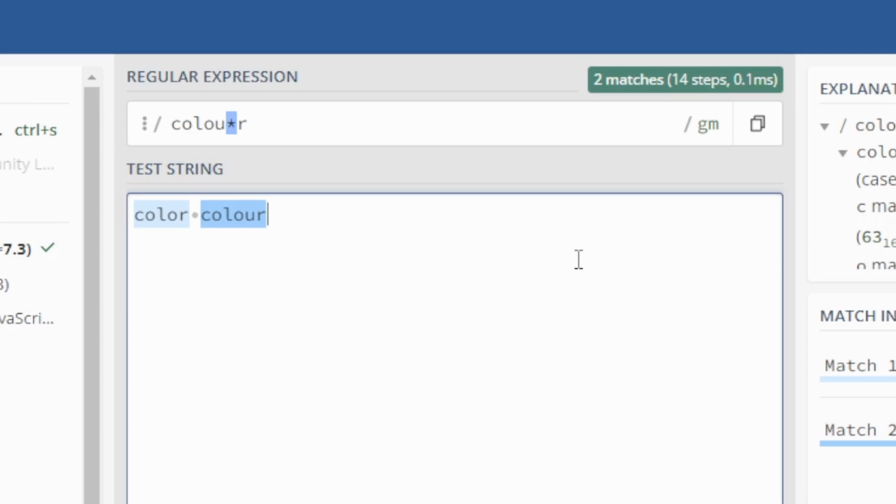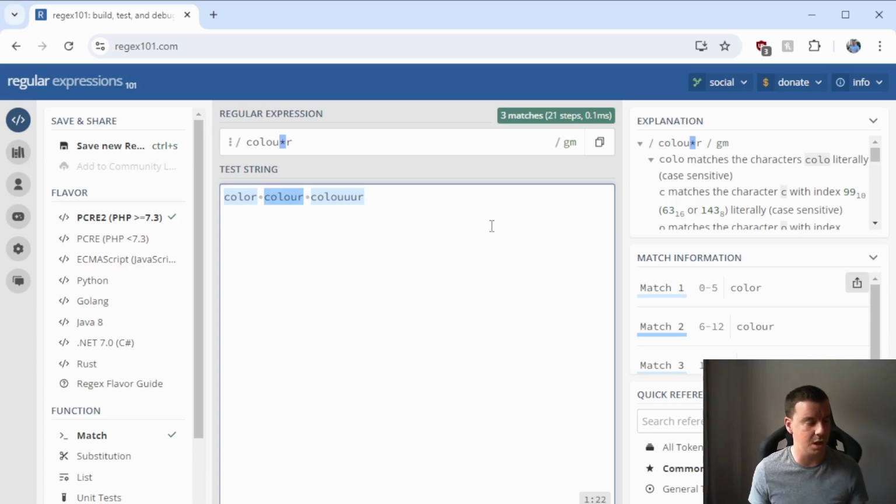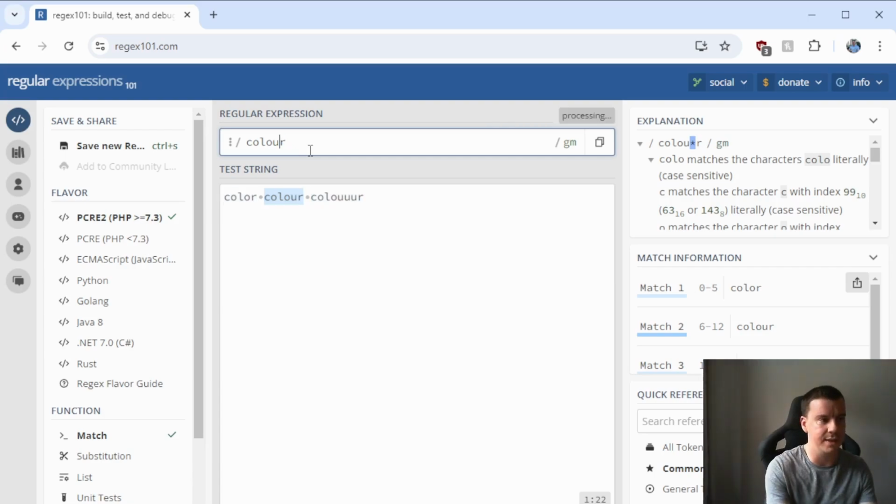Now, once we get onto the question mark, that's ideally an even better way of achieving this. Why is that? Well, if let's say, for example, I misspelt the word color and I accidentally used 3 U's, it will still match. Why is that? Well, because it matches between 0 and unlimited amounts of times. So the star notation for this specific example, while it is very, very useful to us, it's not the best way to achieve it. If, however, I replace that star with a question mark